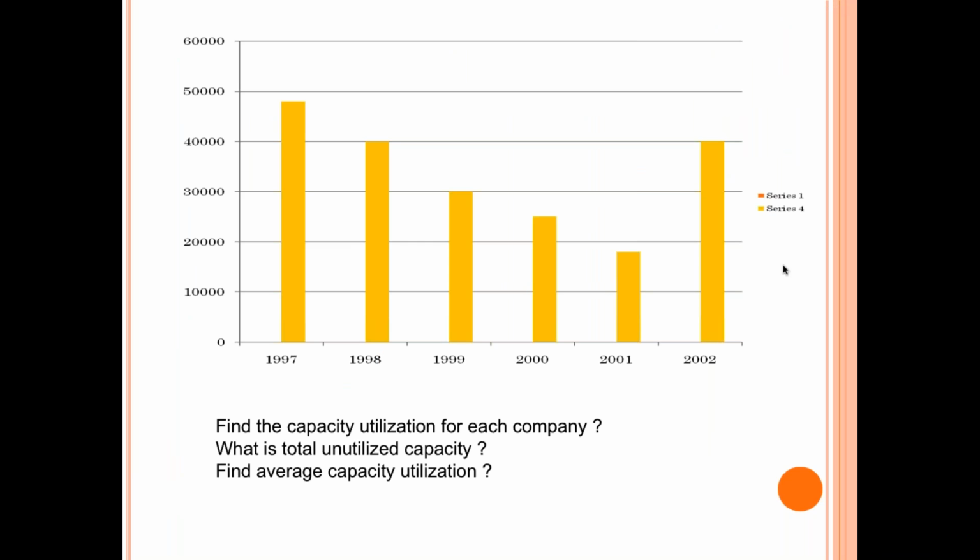So in this set, just don't look at the questions here. These questions are not for this. Here what we have to find is, this is your final value. Let us say this is the value of 2002. So we have to find the percentage of each value as compared to taking 2002 as the base, right? So the question is, the sales of 1997 is what percentage of the sales of 2002?